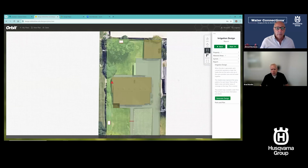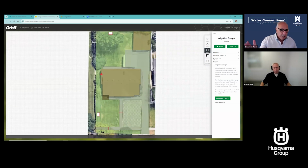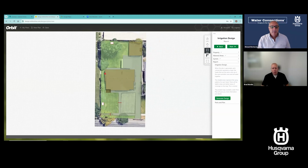Now, Brad, can I just randomly choose where my manifolds go? Well, we have recommendations for where to put them. Again, in the design output, there's recommendations for where they should go, and I can always move them in my design. So I don't place them near window wells. I try to keep them away from the foundation of my house if I have a basement. If a manifold has a problem, the main line supplies a manifold. If that breaks, you do not want water flooding your basement. So I try to put them away from the house, no negative grades back to the house. I try to put it where if a manifold breaks or something happens, water's not going to flood my home. So